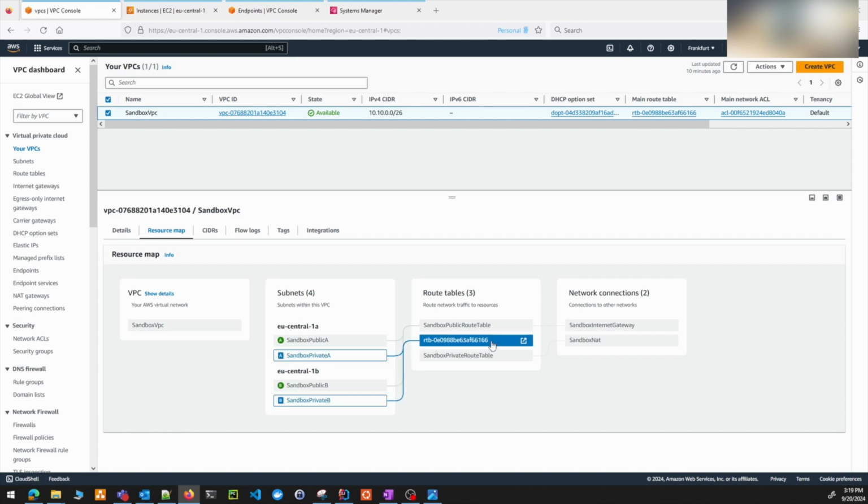I can see one of the subnets is already associated, that is private subnet A. Both of them actually, private subnet B as well. But we have to route this private subnet B to this private route table so that it can go to the NAT. So, to make it very flexible, or to very easily have this main route table,